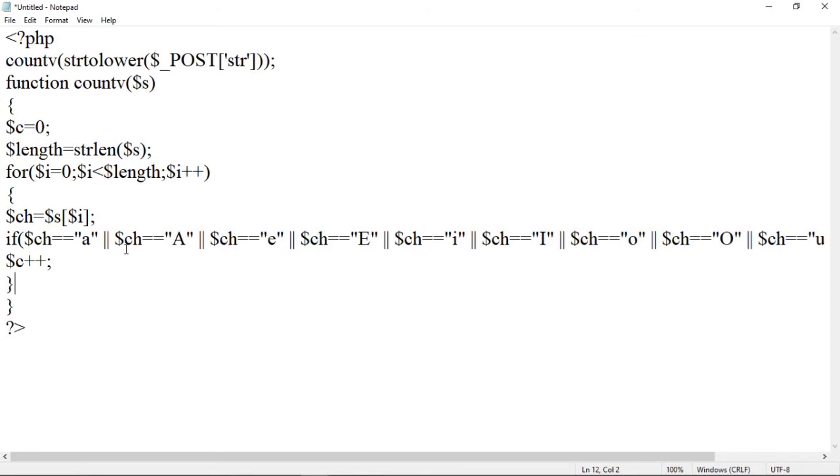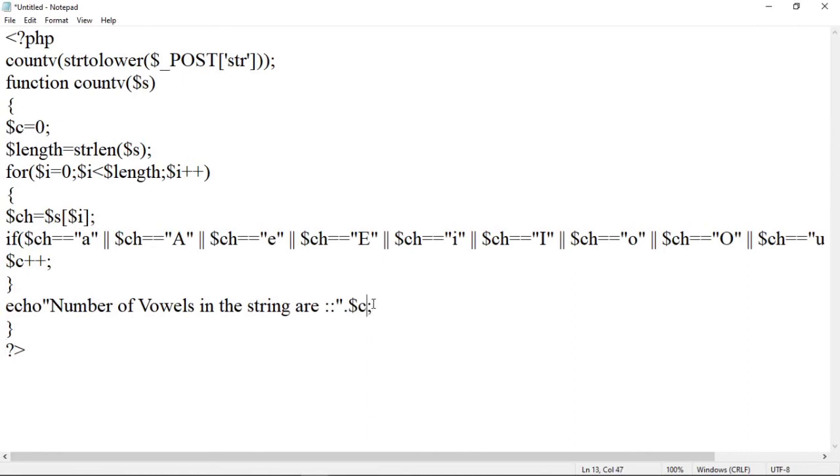Then after finishing with this loop, we have to display the count of vowels. So for that, let us use the echo statement. So echo number of vowels in the string are. Here to concatenate this string, we will use a dot operator. Now the count is stored in this variable, that is $C. So use here $C. After that, semicolon.